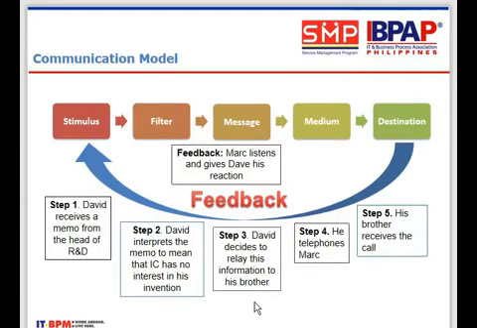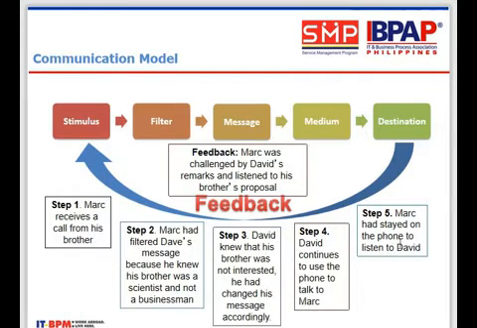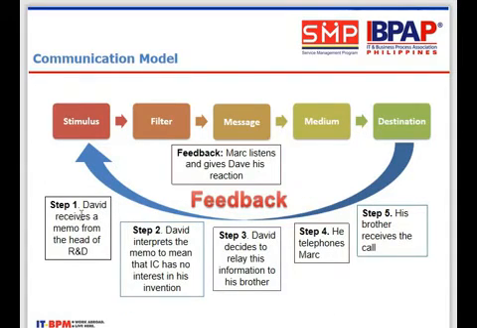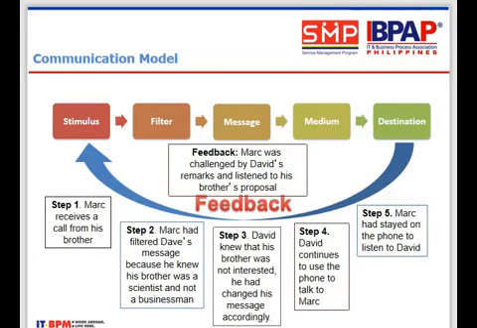And then step 3, David decides to relay this information to his brother. So he has a brother, Mark. Step 4, he telephones Mark. And then step 5, his brother receives the call. Continuation of the model. On the side of Mark, this is on the side of David. On the side of Mark, this is what happened. Mark receives a call from his brother,